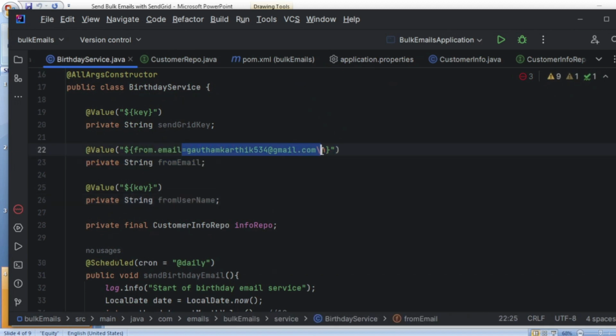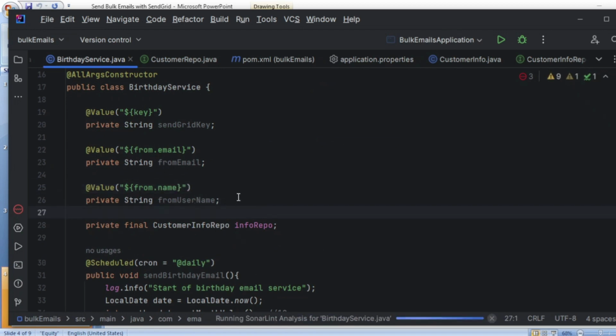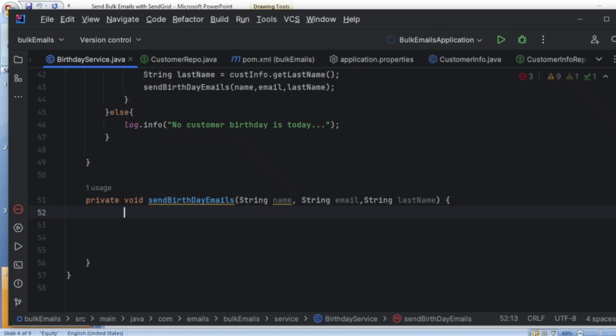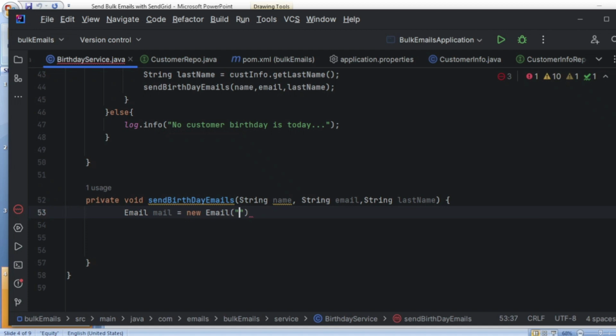Let me remove this. Then from.name, I believe. From.name, right? So from username, from email, I have. So let's build our email object first. Email mail is equal to new Email of... here we have new Email. Okay, then